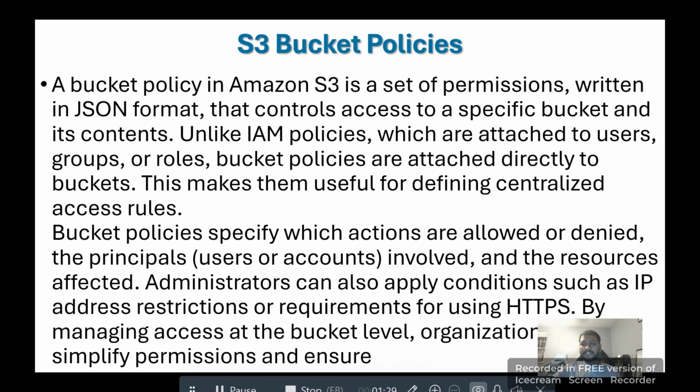Bucket policies specify which actions are allowed or denied, the principals involved, and the resources affected. Administrators can also apply conditions such as IP address restrictions or requirements for using HTTPS. By managing access at the bucket level, organizations simplify permissions and ensure